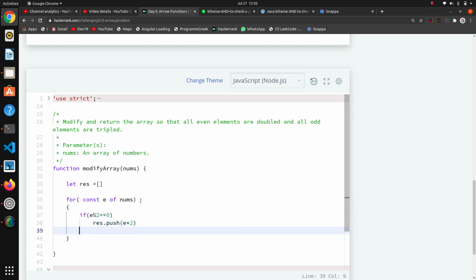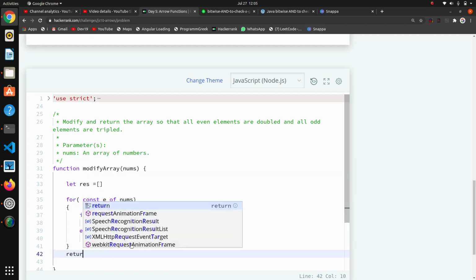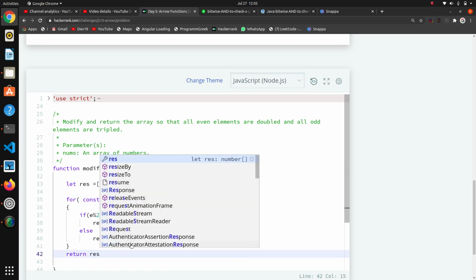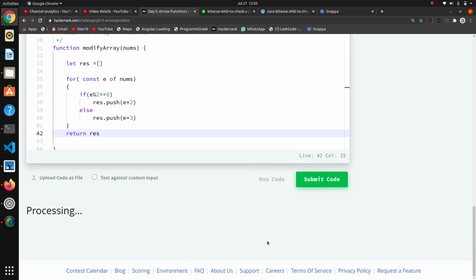And else, we will write res.push, and here if our element is odd then we are going to do e * 3. Okay, and lastly we will return the result array.